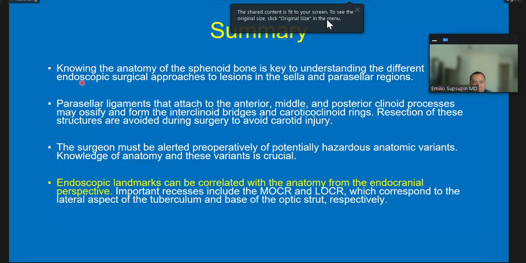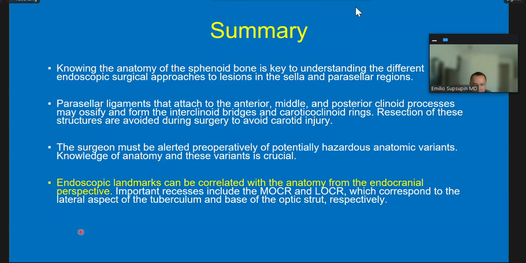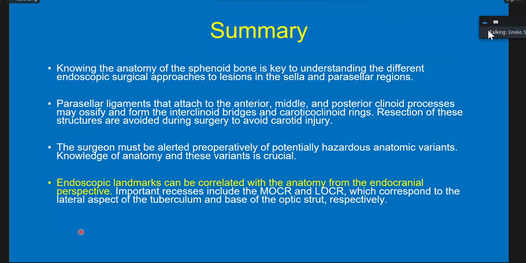Knowing the different endoscopic surgical approaches to lesions in the sella and parasellar regions. Parasellar ligaments that attach to the anterior, middle, and posterior clinoid processes may actually ossify and form interclinoid ridges and caroticoclinoid rings, as you saw in my slides previously. Resection of these structures is avoided during surgery to avoid carotid artery injury. The surgeon must be alerted preoperatively of potential